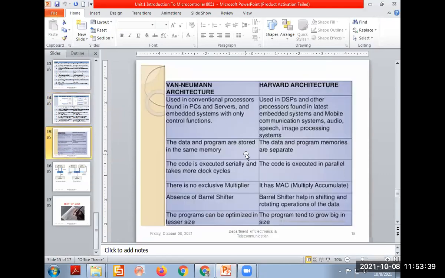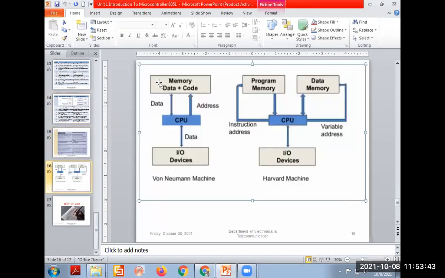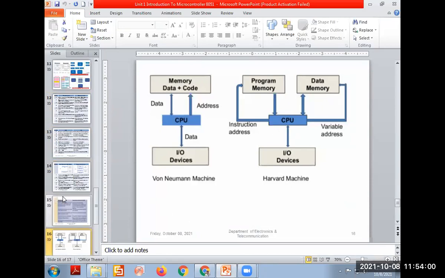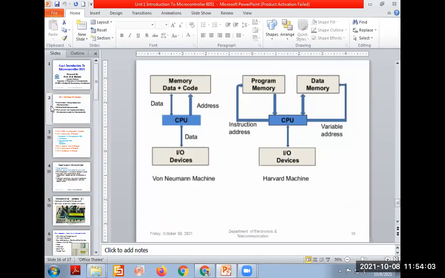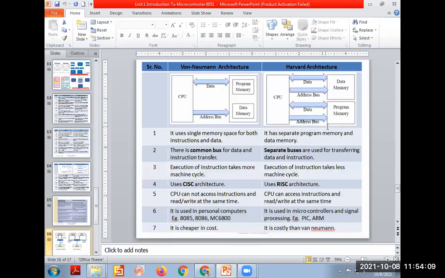This is the same I had taken from that. Some additional devices are there. And to be more clear, I have taken this image for you only. Memory means the data is in the ROM memory in a single chip in von Neumann architecture. And in case of Harvard, separate program memory and separate data memory. So like this, we have finished chapter number one. If you have any query, you can ask. Very small chapter actually for 2 hours only. Still we have taken it in detail.